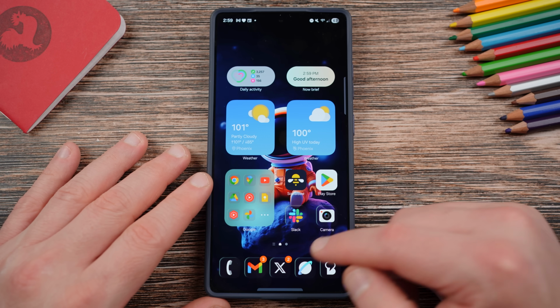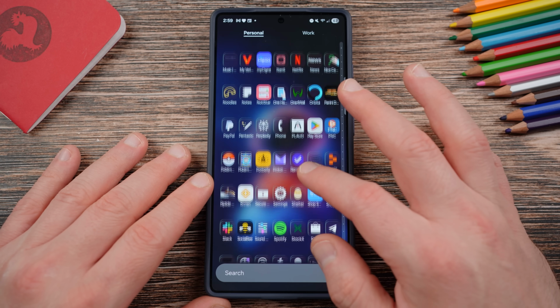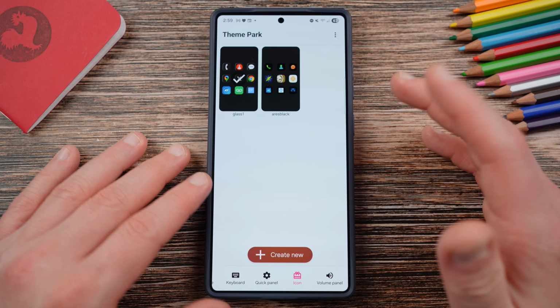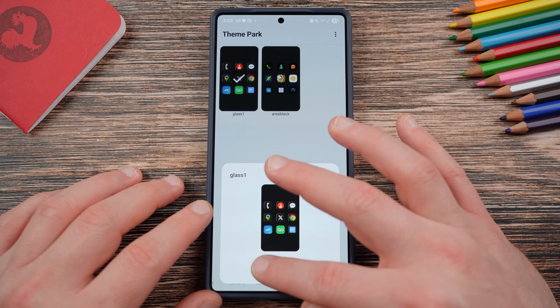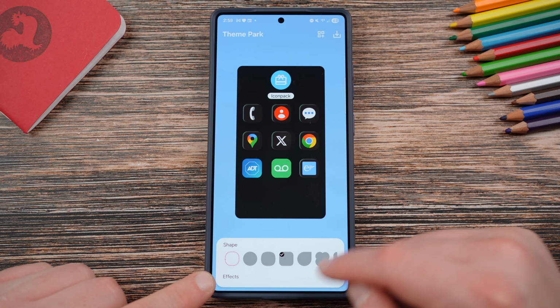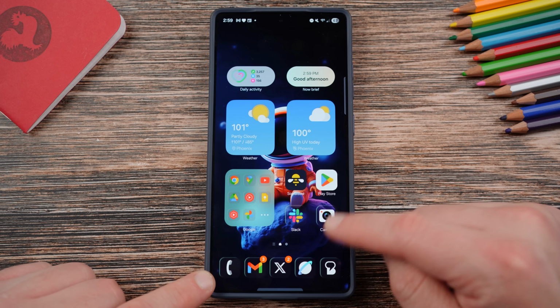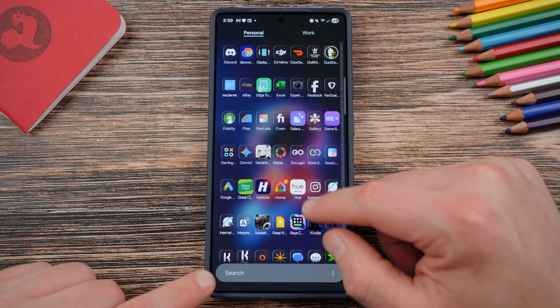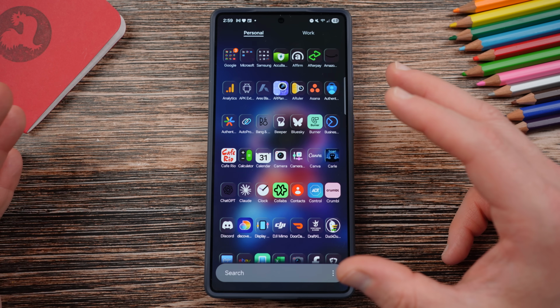Just wanted to mention that I did go back into Theme Park and apply a particular shape because I noticed I forgot to do that when I was setting this up. And if you apply a particular shape, you can see I chose the squircle shape for all the icons and then do the glass effect, you do get actual icons to show up here, so that bug isn't affected,